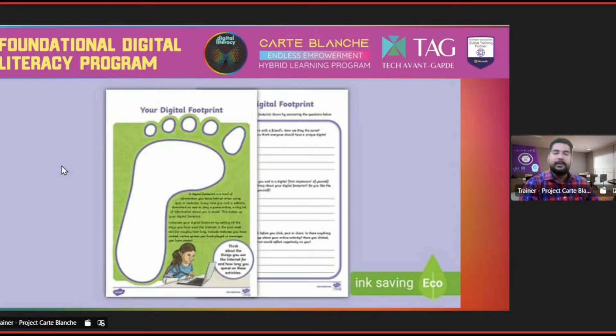So in your today's worksheet and journal, you can create a diagram of a foot, right? And on the diagram of the foot, you can design a line, and in the four corners you can mention some kind of questions, like what is your digital footprint according to you today. Okay, what you feel and how you want to build your digital footprint. Suppose you start using it next time, when you start any click, what kind of digital footprint do you want to build for yourself throughout this life, right?